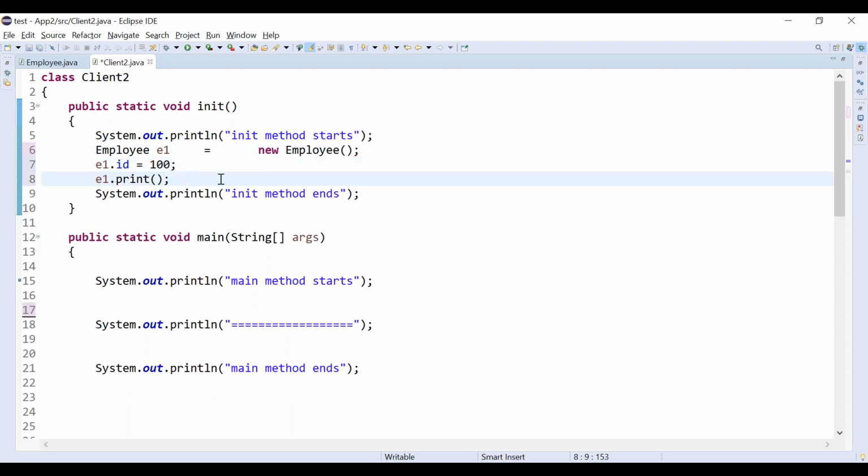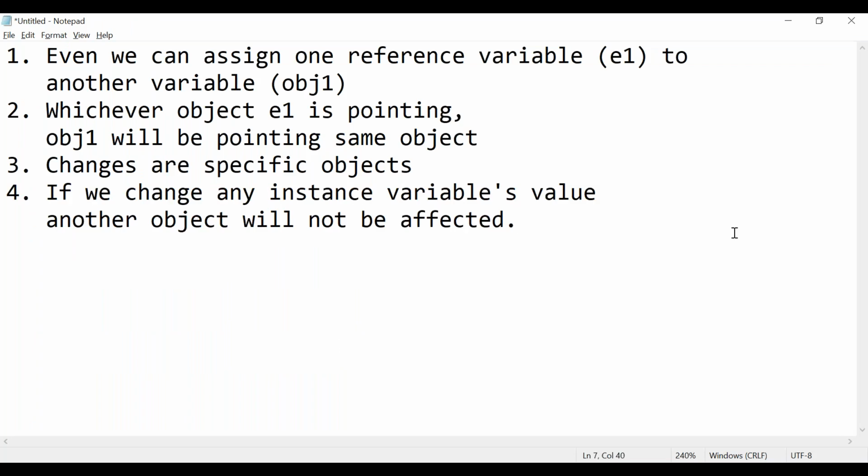It's not necessarily that you need to create objects only inside the main method. Correct? Objects can be created anywhere, in any methods.